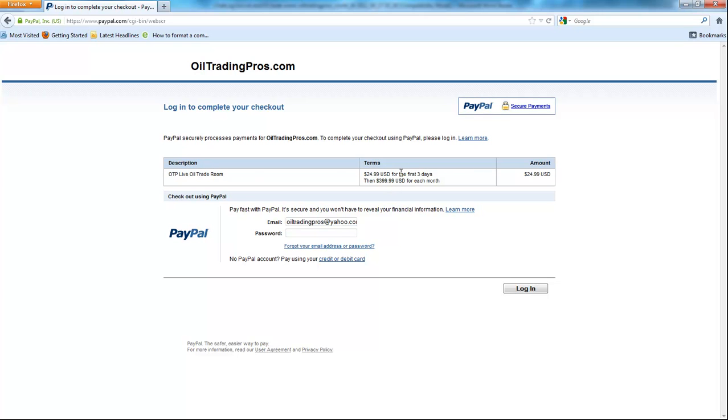Live Oil Trade Room. It is basically free, $24.99 for the first 3 days. That's simply an administration fee. It takes us time to set everything up. It does cost us money every time anyone does take this trial, even though you're not paying for it. So that's simply just to cover basic costs, $25. It's also to let us know that you're serious. If you can't spare $25, then no offense, you probably are not the person we want in our trade room,